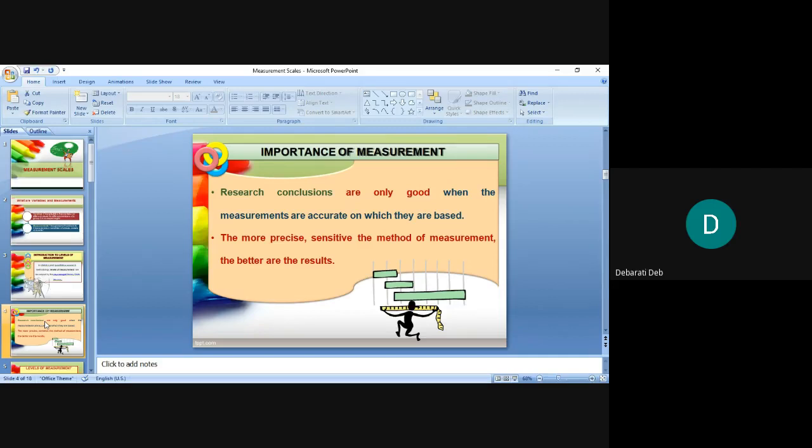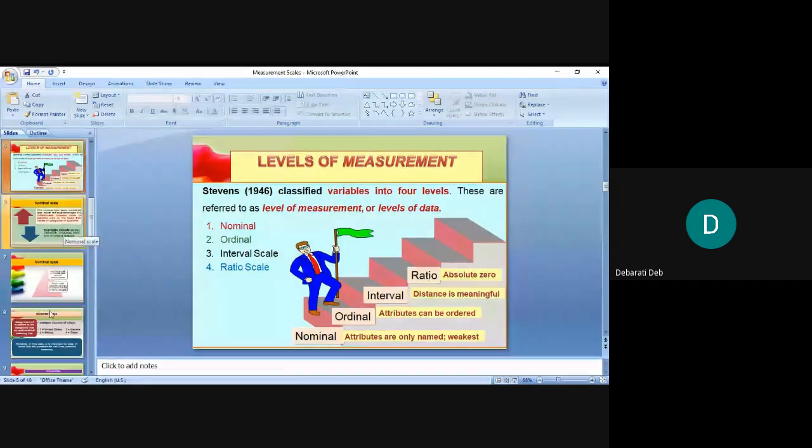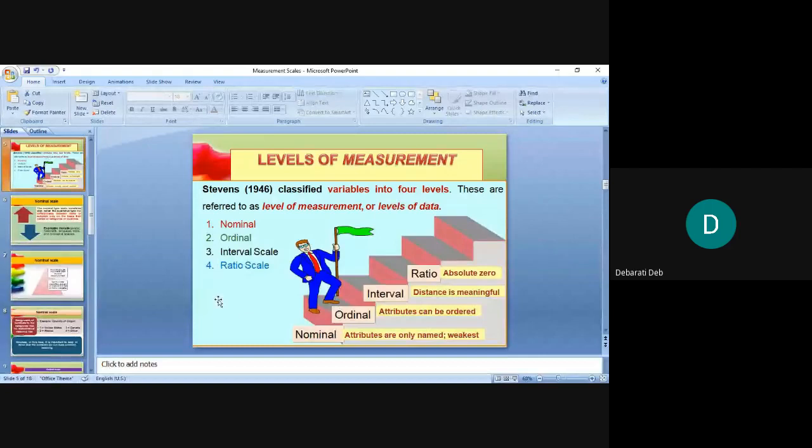So you need to learn. Don't think that because I'm teaching this in class, I'm not going to use this measurement, so I will not learn. Don't do that. Learn the measurements properly so that you can utilize the tests accurately and derive conclusions from your research. And this can only be done by those students who are attending regular classes, because no one will teach you how to transform the variables into measurement values and which test to apply for what type of data. No one is going to teach you other than me. So better you follow the classes properly so that you do good research.